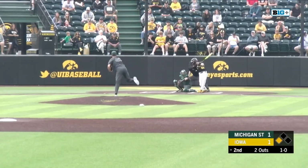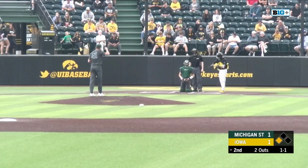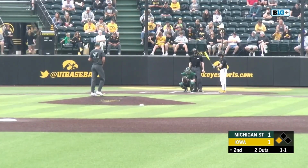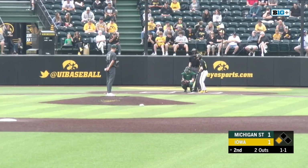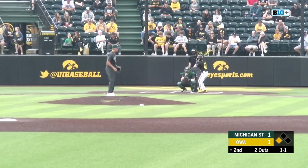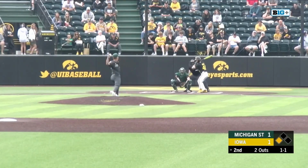Higgins still out of the stretch here as Cade swings and misses a nice slider. It's 1-1. Really nice breaking ball there. Pitch with that vertical drop there. And it's in the zone. It's right at the edges of it, so it's hard to hit, especially if you're not looking, if you're looking